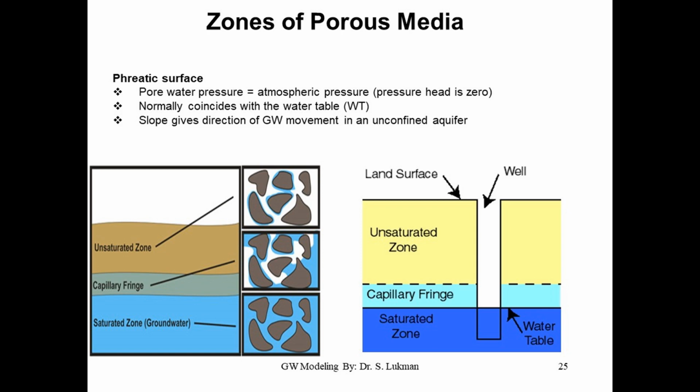Like this is the land surface. When you dig a well, let's say it stops here in the capillary fringe, you will find nothing inside, because the water is tightly held against gravity. It will not flow into your well. But if it goes here, then the water from the saturated zone can flow into your well, because it is readily available. I mean, it can flow under gravity. Okay?